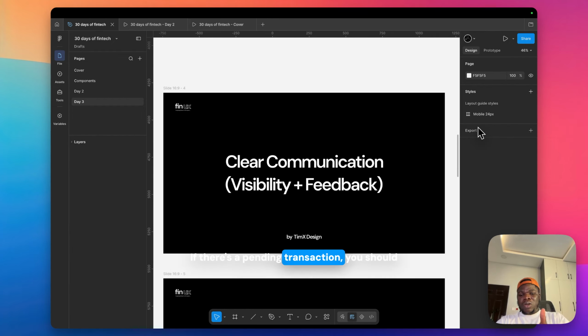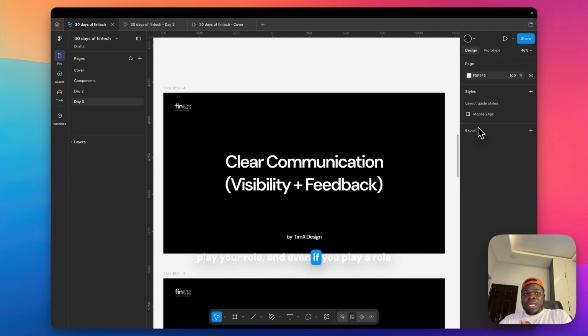We are going to talk about that, right? But you as a UX designer, you have to play your role, and even if you play your role good enough, it will inform the solidification of the engineering team, where they are going through your user experience and whatever you've prepared, and they are having to think about their capacity engineering-wise. Either they ask for more resources so they can make their engineering team more robust, so they can deliver something that is as exceptional as what you have prepared for them.